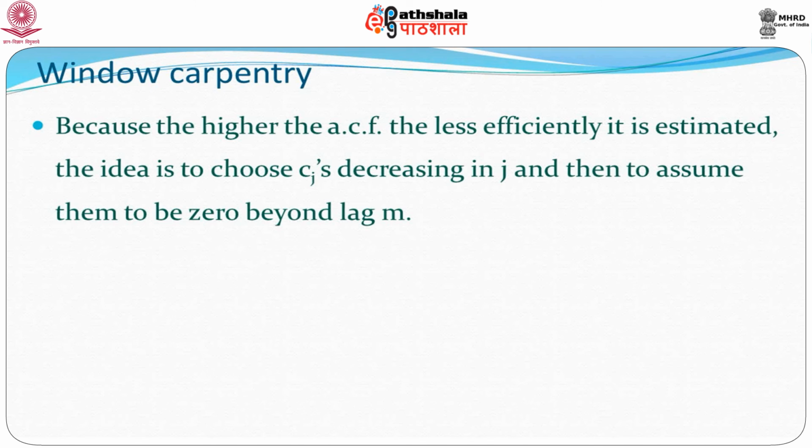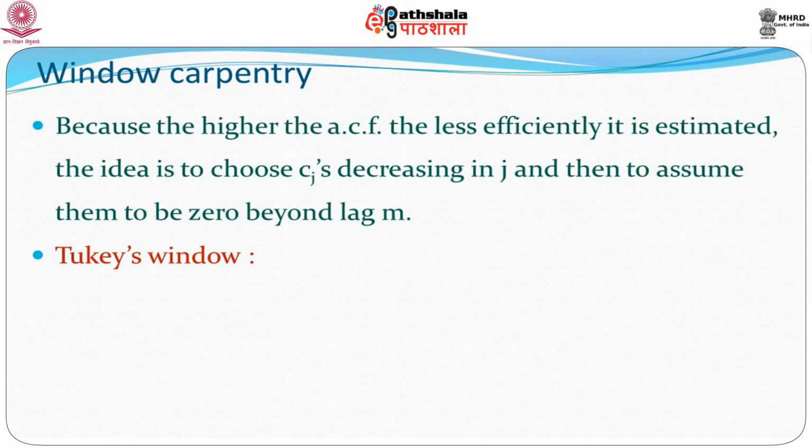Now, once you have done this, the next thing is to choose the C_k's, and this is very often, in time series terms or frequency domain studies terms, called window carpentry. So, you have a window, that is, the window is up to m, that is the bandwidth, and in that case you choose your coefficients. We will not discuss this in great detail here, but we will give you two such windows which are very commonly used. One is